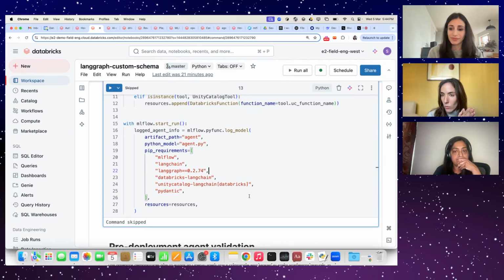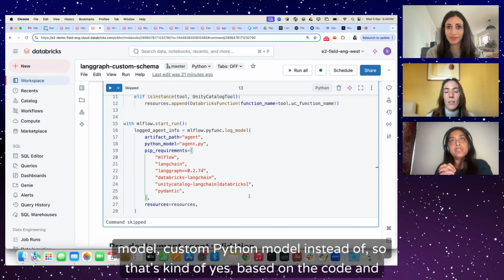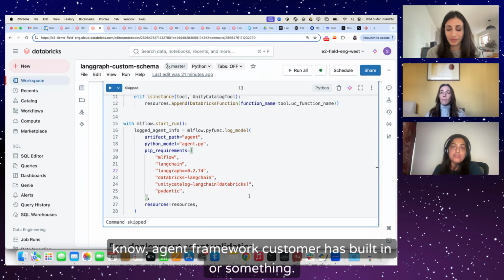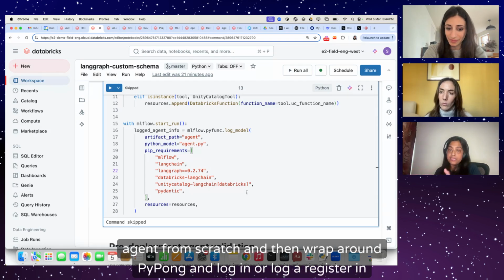So you'll probably end up using Python in most cases, the custom Python model, based on the code and agent framework the customer has built. But the high-level recommendation is that whatever you want to build, you build any agent from scratch, and then wrap it around Python